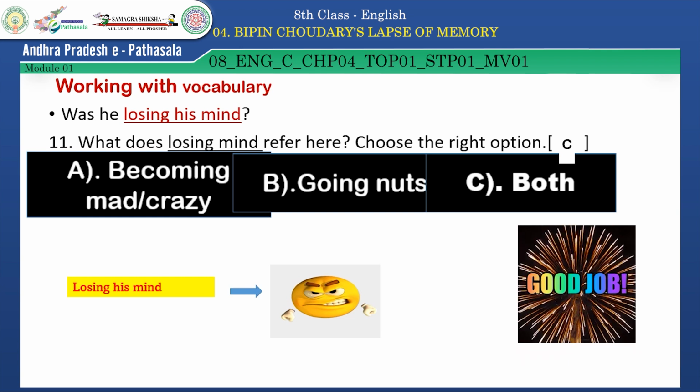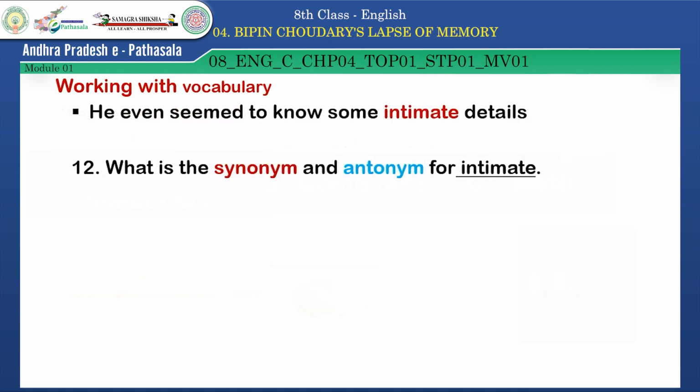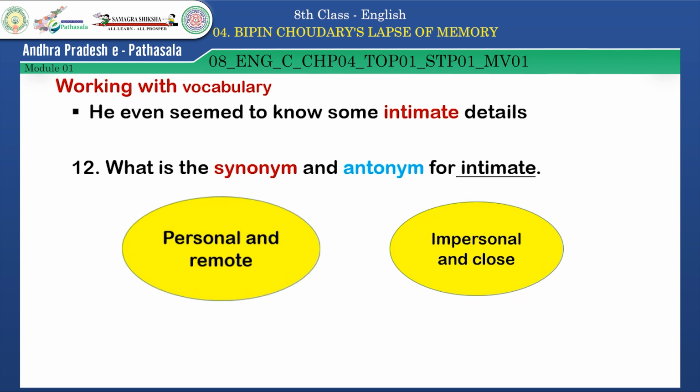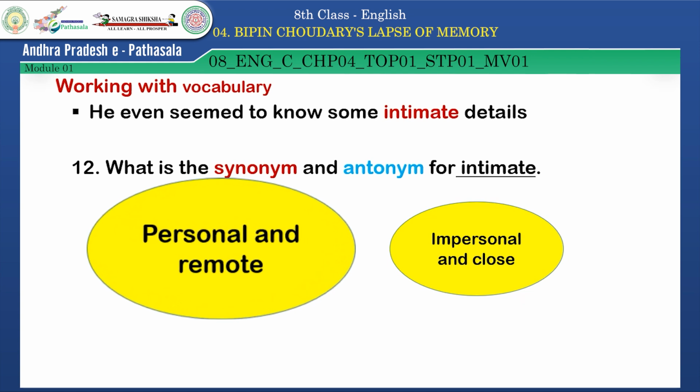We'll move to next part of the vocabulary. One more vocabulary. He even seemed to know some intimate details. What is the synonym and antonym for intimate? He's asking both synonym as well as antonym. Personal and remote. Impersonal and close. What is the right answer? Yes, personal and remote is the right